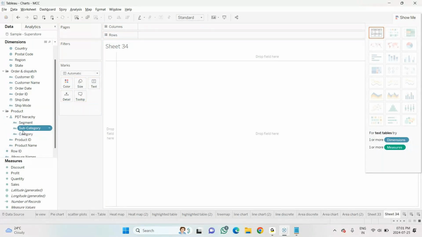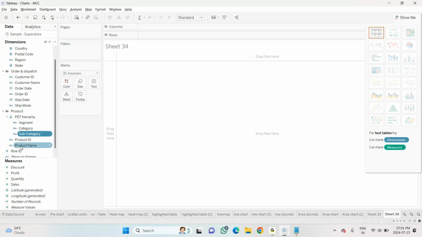See, when we were creating a folder, it used to arrange it in an alphabetic order. But hierarchy will not do that because we have a level. So level 1, level 2, level 3. So based on that, it will be going. Since I don't want here, I can click it here, drop it down.